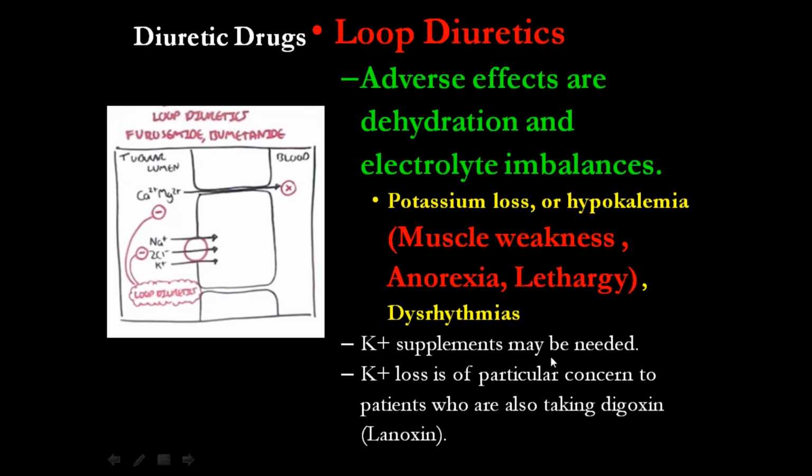All right, so potassium supplements may be needed. You can tell here that loop diuretics lose sodium and potassium. We want to lose the sodium because that is going to make you lose water, but the potassium is depleted. In this case, we need supplements of potassium, which could be, for example, a simple banana. It could be orange juice too. They have potassium.